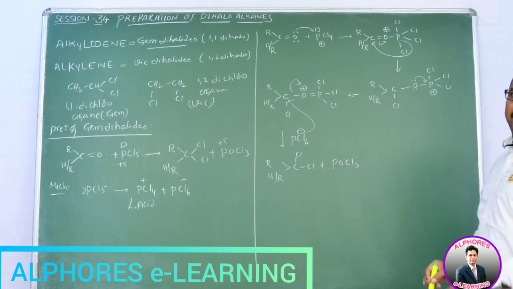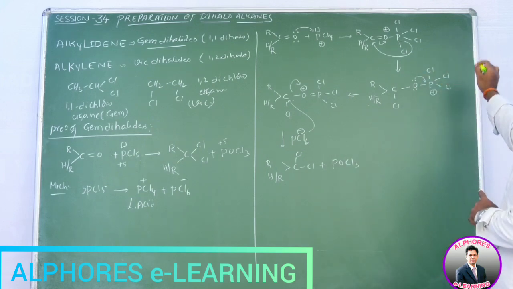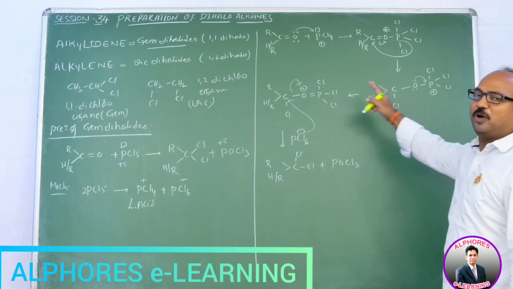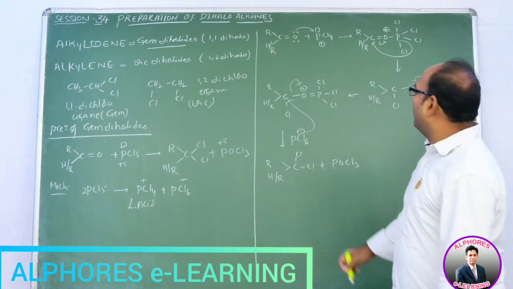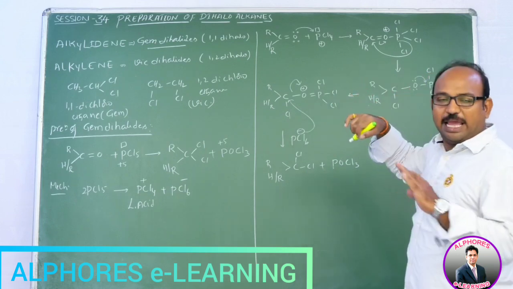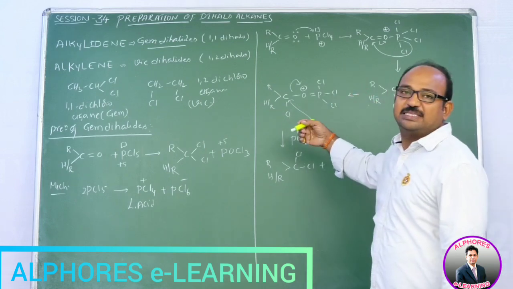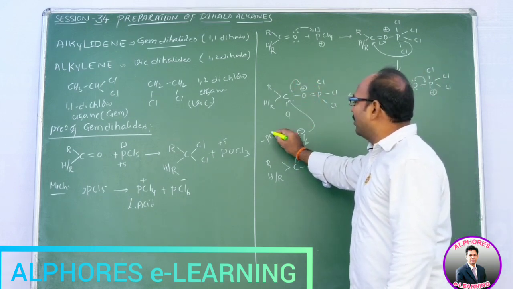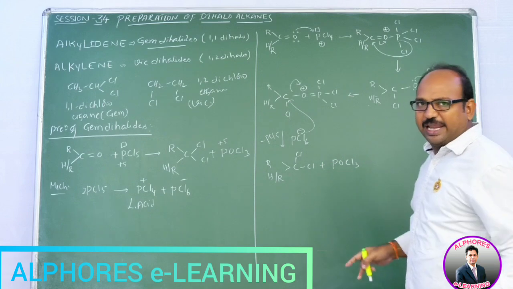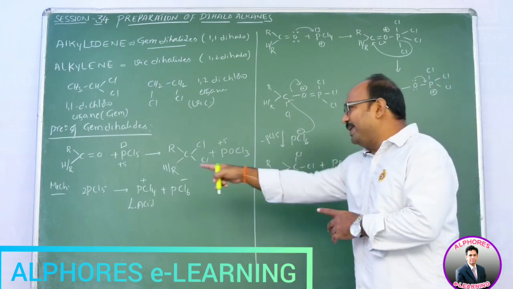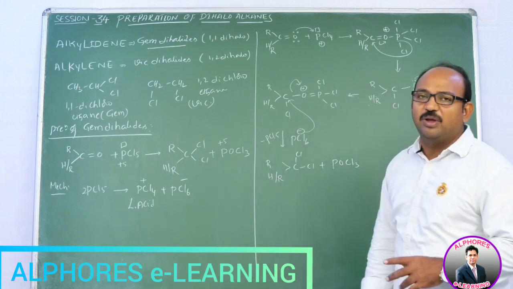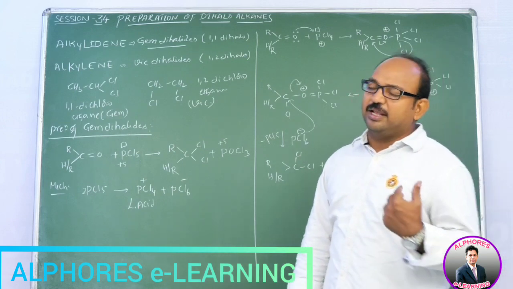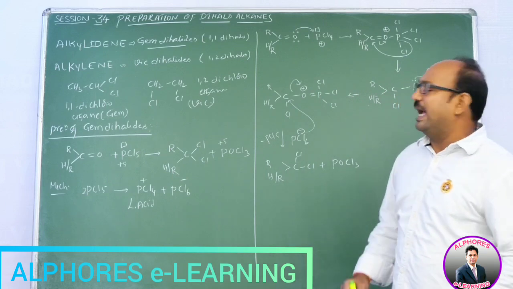And the same thing is repeated here again, oxygen is going to donate an electron pair into the vacant orbital of phosphorus, then oxygen is going to bear positive charge. But this time migration of chlorine does not happen, and instead PCl6 minus is going to donate Cl minus and PCl5 comes out. So in the overall reaction, even though you consider 2 moles of PCl5, ultimately only 1 mole of PCl5 is consumed in this reaction, and the remaining PCl5 remains as such.